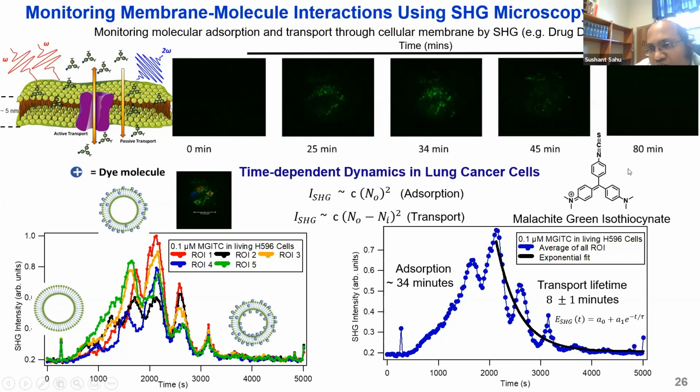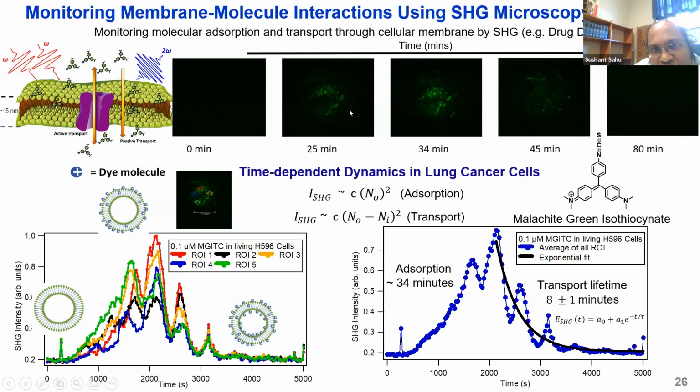So this is a good system to study, and you can see here at 0 minutes when we add this dye from the side, you don't have any cell visible. But as this dye gets adsorbed onto the surface, this is a cationic dye, and the phospholipid membrane is negatively charged, so you have this electrostatic interaction, they get adsorbed and aligned, and that leads to the increase in the SHG signal as the dye is adsorbing onto the surface, as you can see in this cartoon here. Okay, and you can see in the images that after 25 minutes